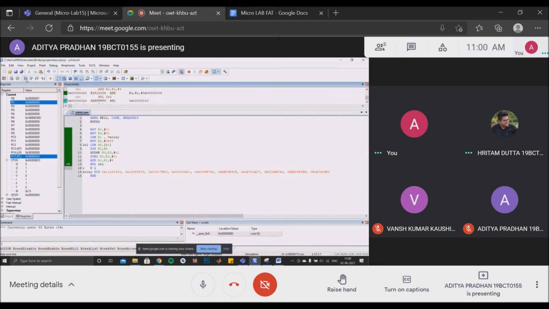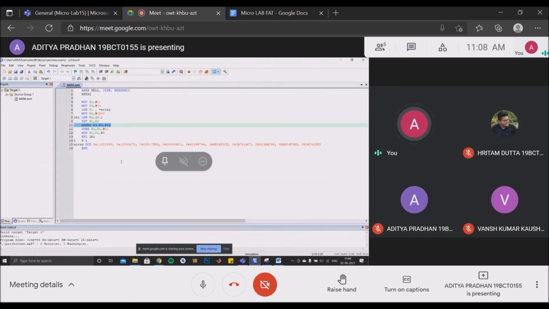Yes. So now the last element that you have accessed is 0xAB86E3BD, and the last array element has also been accessed. And after this, you can see the processing has been completed. And in R3, we have the final value, that is the number of odd elements in the given array, which is equal to 5. Now, there will be some changes in the program, and for that, Anay will guide you on the procedure.